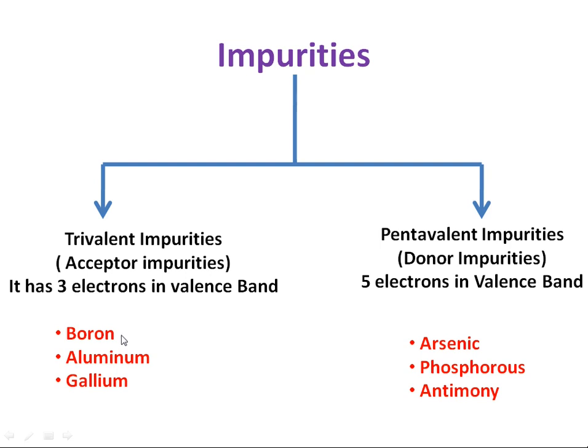What are the trivalent impurities? Boron, aluminium and gallium. Pentavalent impurities are arsenic, phosphorus and antimony. It means that boron, aluminium and gallium have 3 electrons in their valence band, and arsenic, phosphorus and antimony